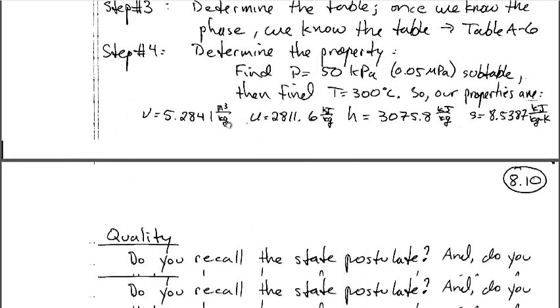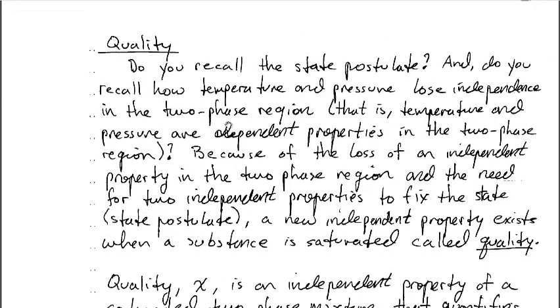Well, in that case, we have to introduce a new property, which is only defined when the substance is saturated, and this new property is called quality. So if you recall the state postulate, which says that we have to have two independent properties to fully characterize the system,